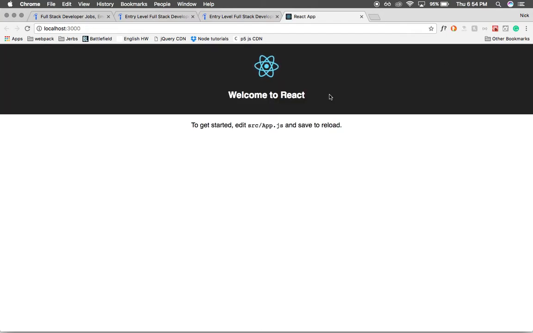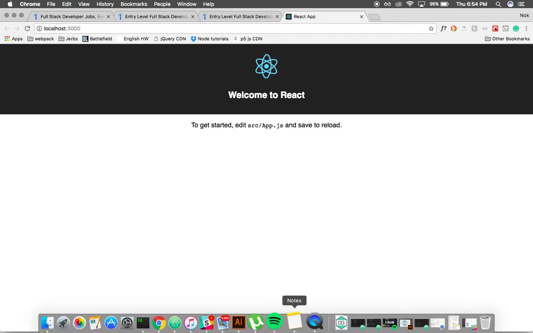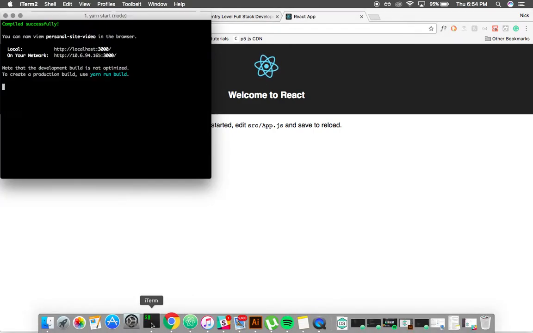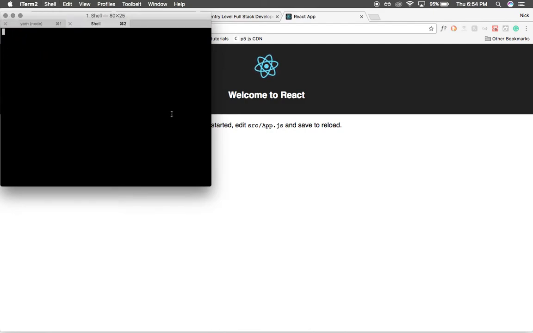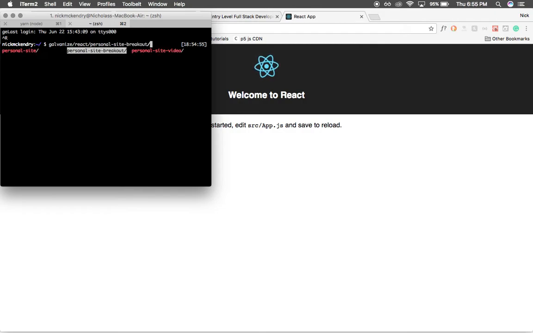Okay, and then it'll open up to just this page that React gives you, with a cool spinning logo. But we're obviously going to get rid of all this stuff, so let me get a new tab going real quick. React personal site. Okay, so if we open this up in Atom,